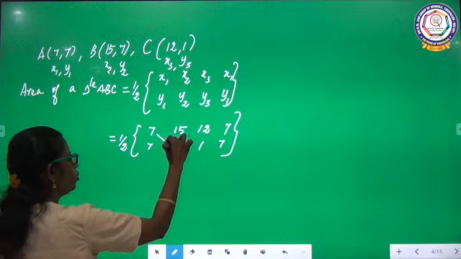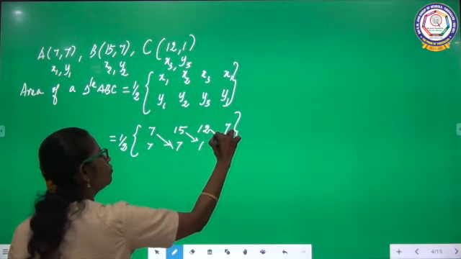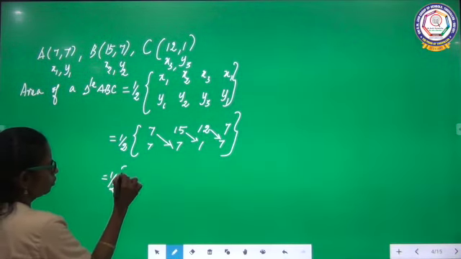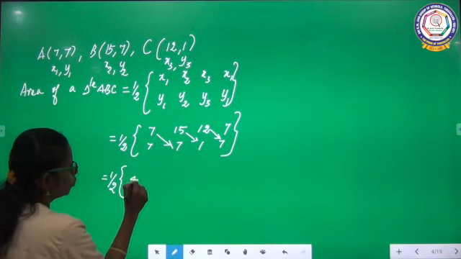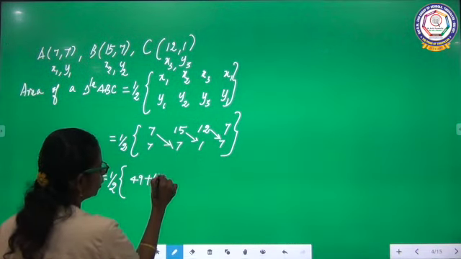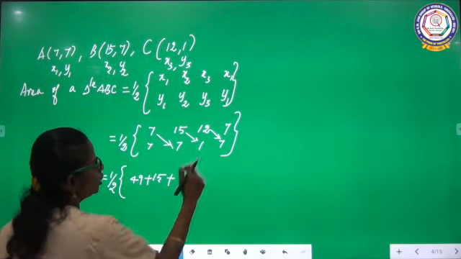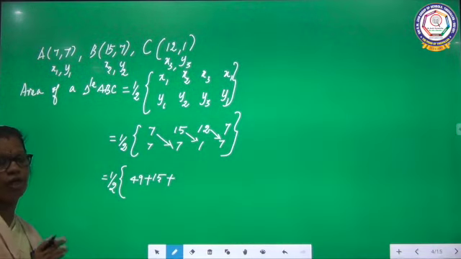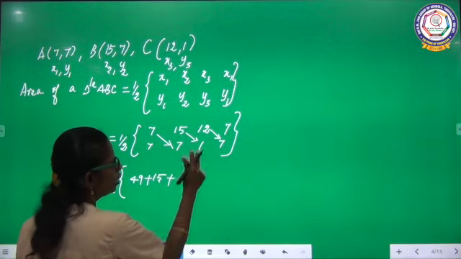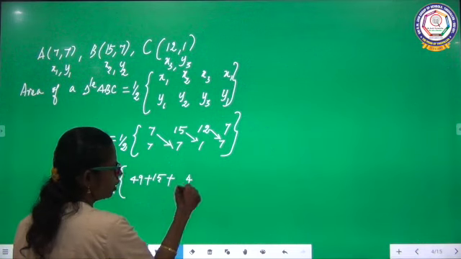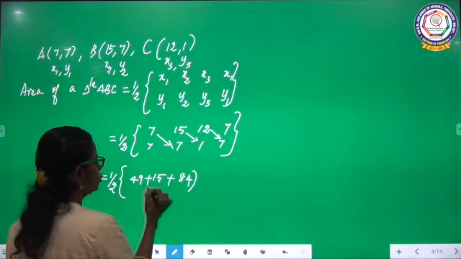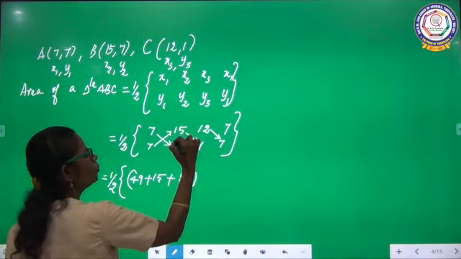The same logic what I said previously, right? First you should do the downward arrow. 1 by 2 into 7 7s are 49 plus 15 into 1, 15, plus 12 into 7. 12 into 7. If you have a doubt, better you should do the calculation on the right side. 12 7s are 84, 7 2s are 14, 4, remaining 1, 7 1s are 7, 7 plus 1, 8. Then you will move to the upward arrow.